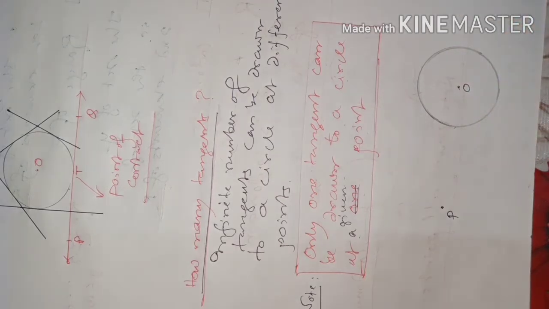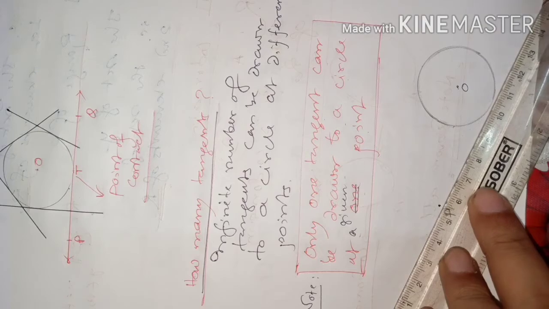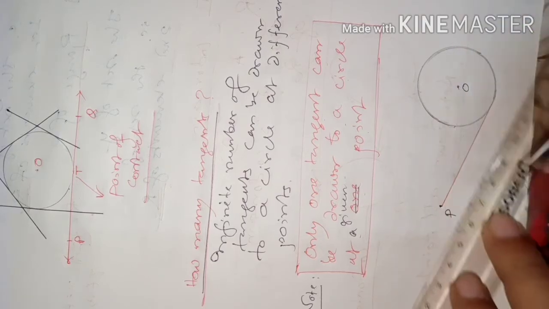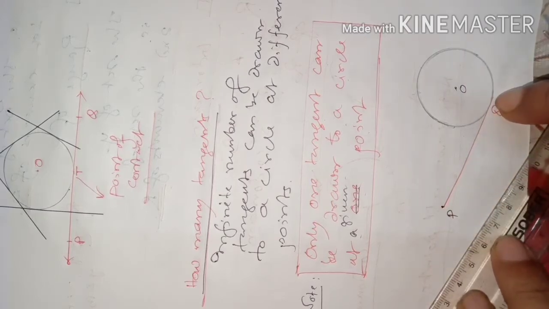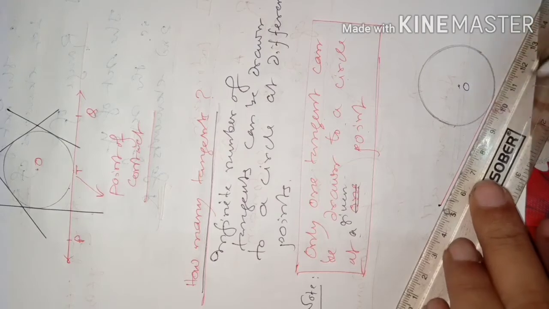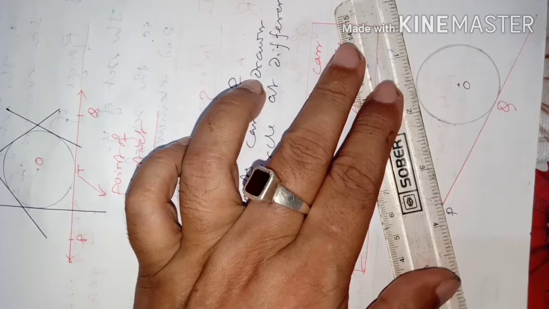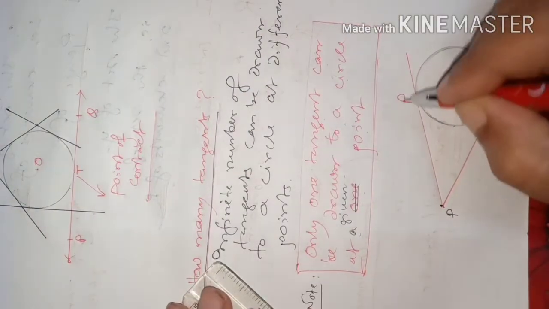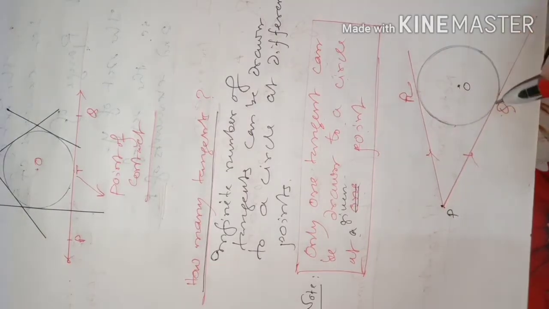Now the question is, from an external point, how many tangents can be drawn to a circle? There will be only 2 tangents to a circle from an external point. If you try to draw more than 2, it will never be possible. See, this is one tangent. Say PQ is a tangent, because a tangent means a line which has to touch the circle exactly at one point. After that, it will just go only like this. Again, if you want to draw one more tangent, on this side you can draw. This will be another tangent. From the same point P, PQ and PR are 2 tangents to the same circle at 2 different points.